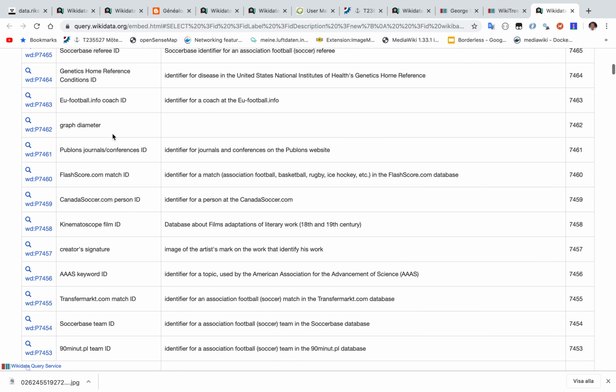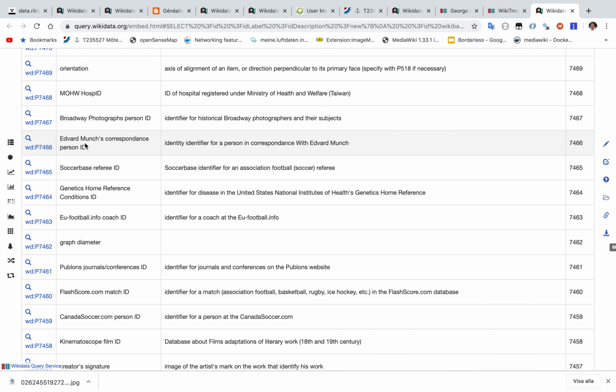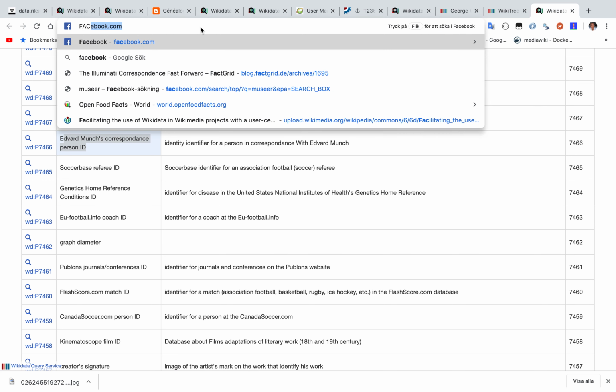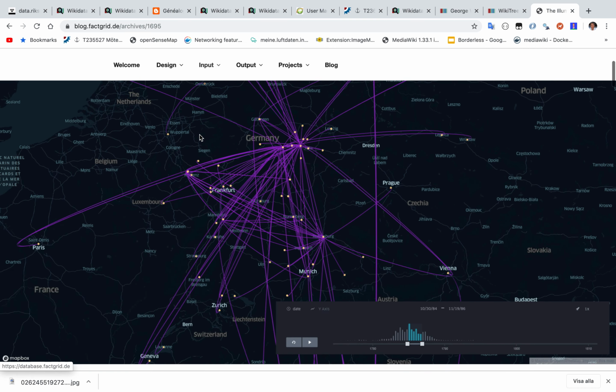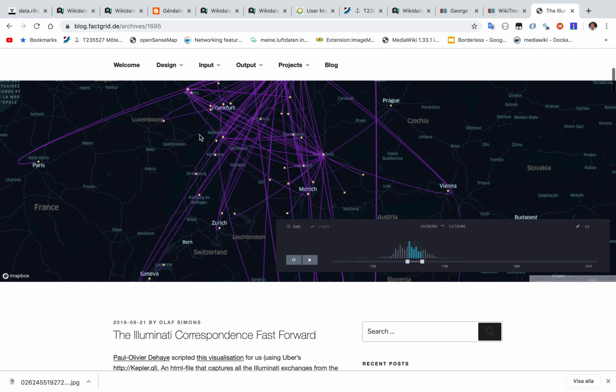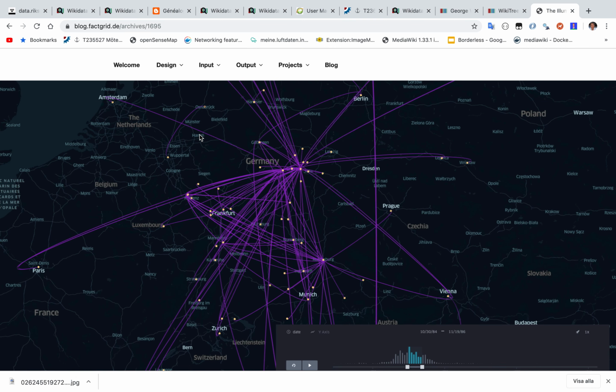But Edvard Munch correspondence, yeah. So people are starting to add letters also in your own Wikidata, called Wikibase. This is a person I met in Stockholm two weeks ago, and he is